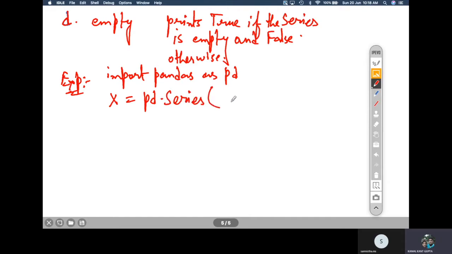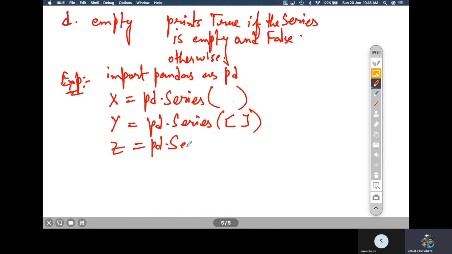and I'm passing, for example, an empty list, or if I'm not passing anything at all. And what if I'm writing pd.Series with an empty list, and what if I'm writing pd.Series and passing some values inside it, say 10, 20, 30?